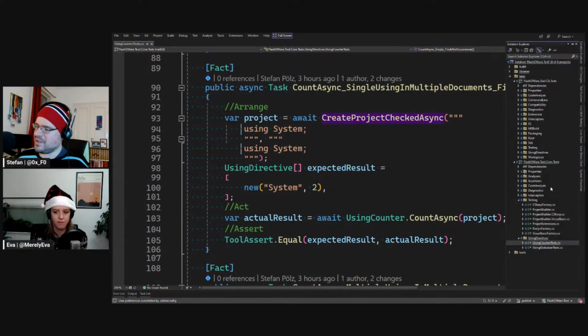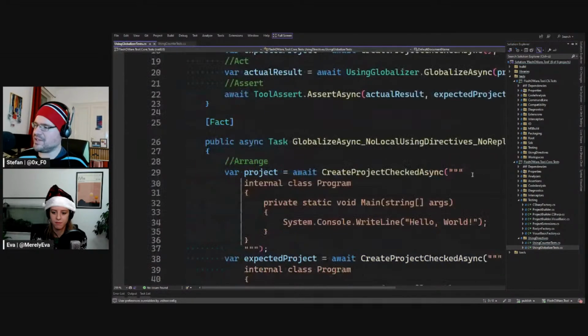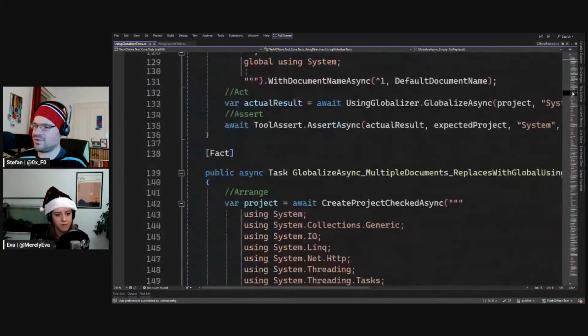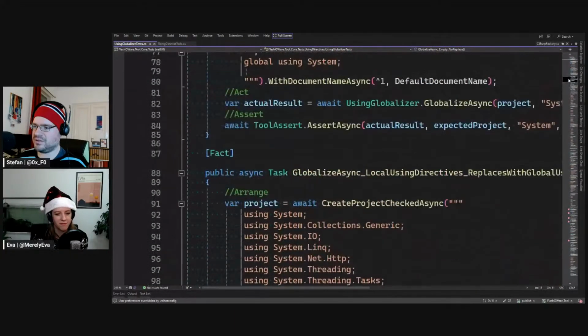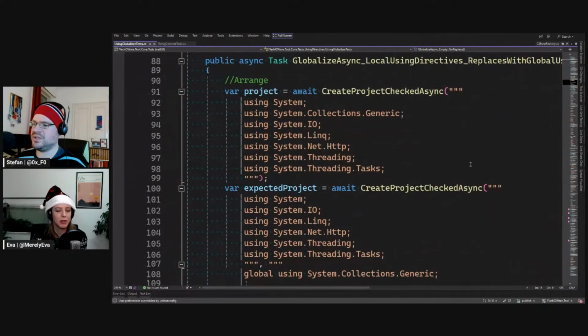And we do this very similarly with globalizers. Just scrolling to one test, maybe one that is not too big. Perhaps this one. Good luck. Yeah, that looks really good. So we have in the original project, well, we always adhere to the arrange,